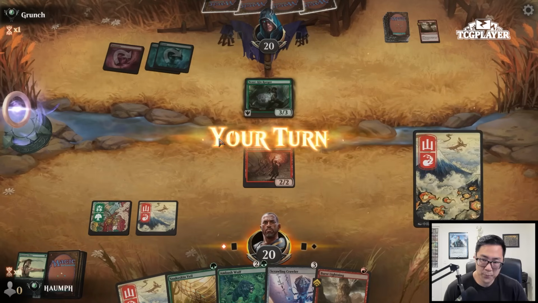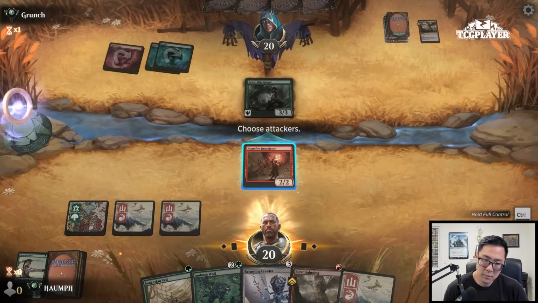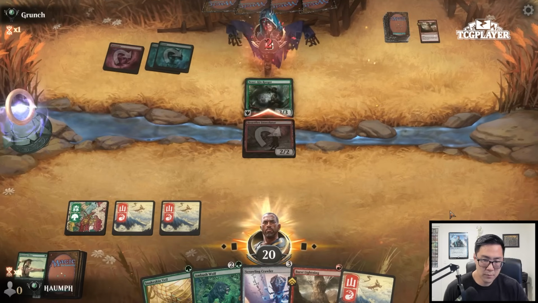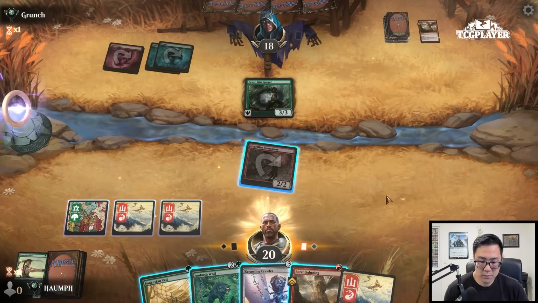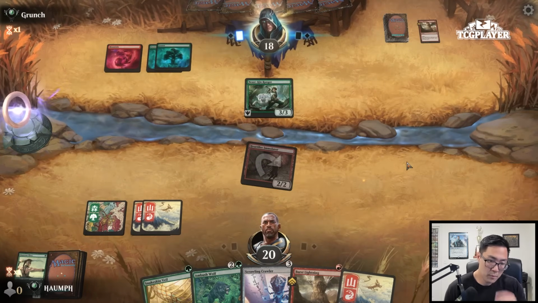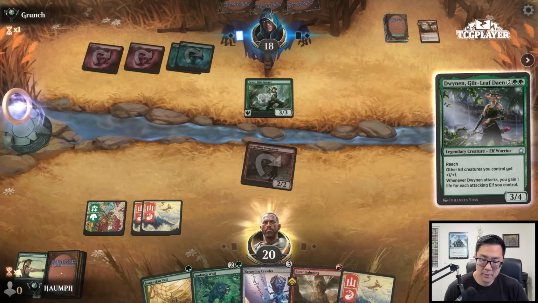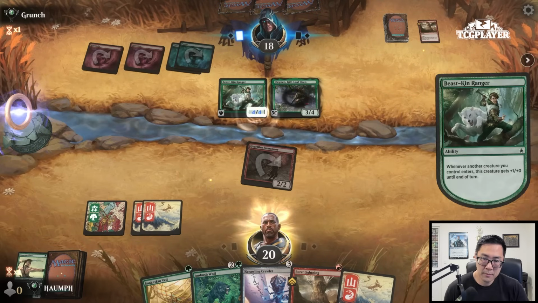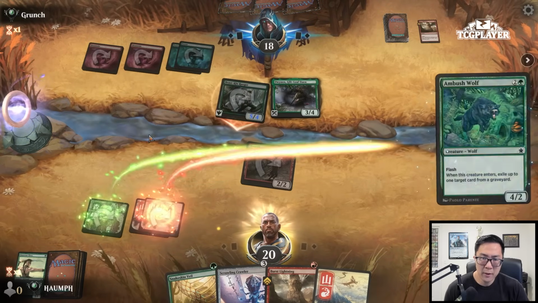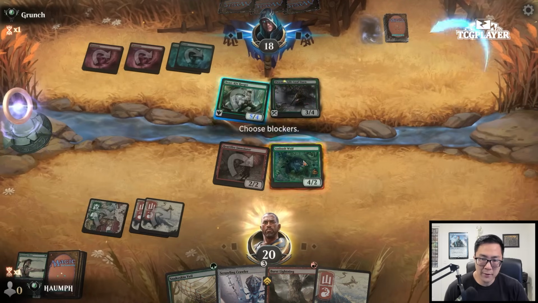Beastkin Ranger. Dwinin? All right, I'm going to play the Ambush Wolf here because, oh yeah, I want to trade with the Ranger. I'm going to take a bunch of damage, but...